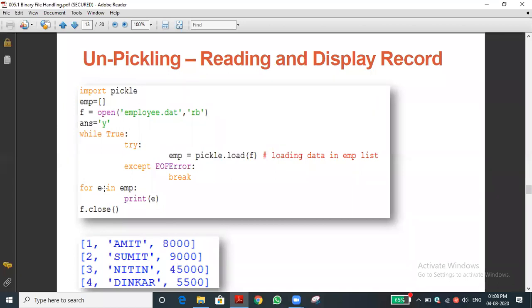Sir, once it loads, to break the loop we are using that try and except, no, sir? Of course, here in order to stop the loop the second time, we are using the try and except block. But I am telling the general concept of what is the use of try and except block. Sir, but why is emp equal to pickle dot load given inside the loop? Of course I understand. We can directly give this without a loop also. Do you understand? Yes, sir. Yeah, we can use it directly also. You are asking why we are using the loop: in order to tell you how to use the try and except block.